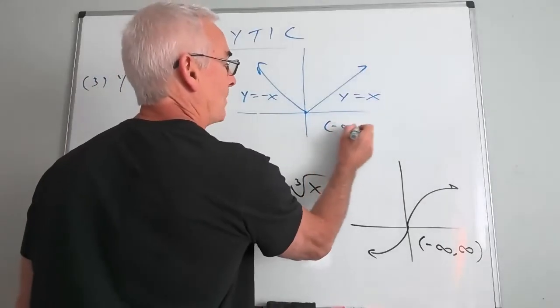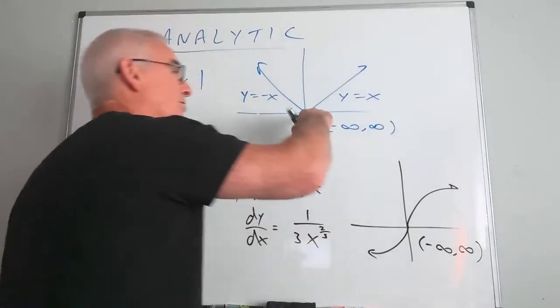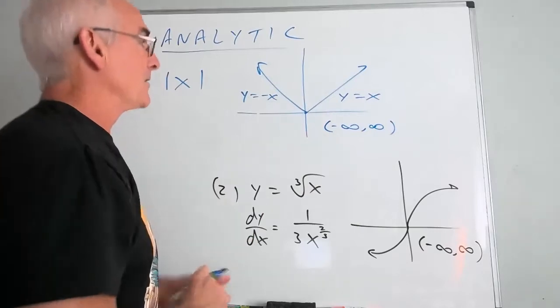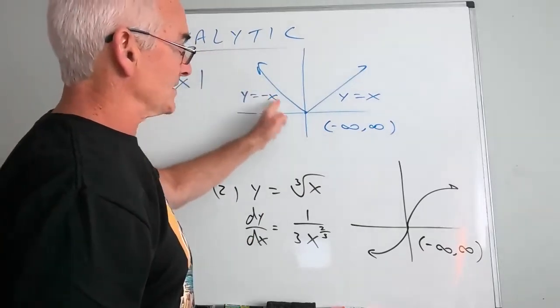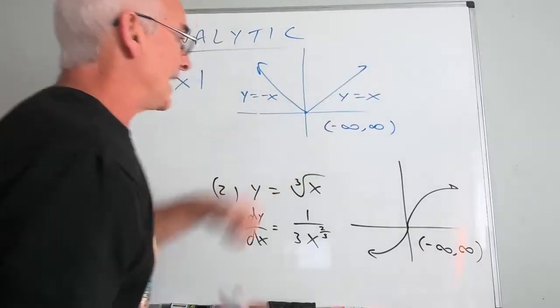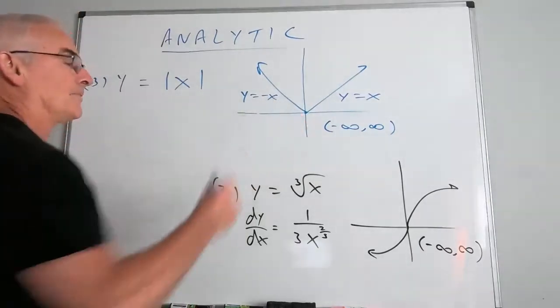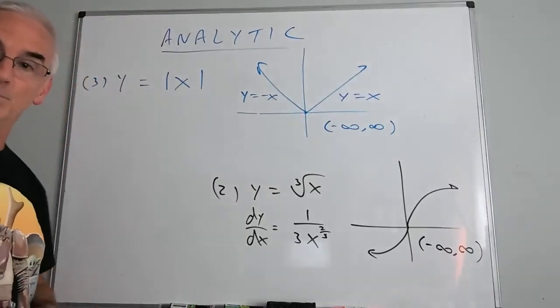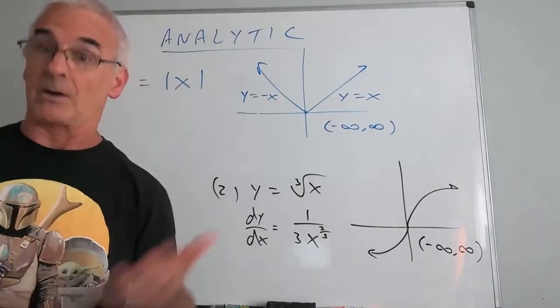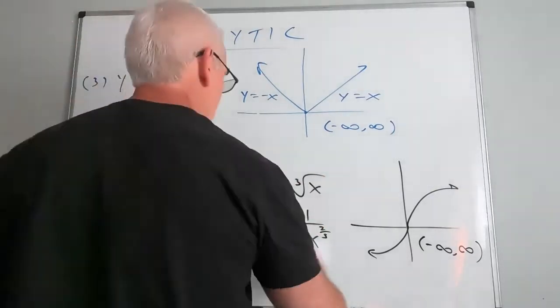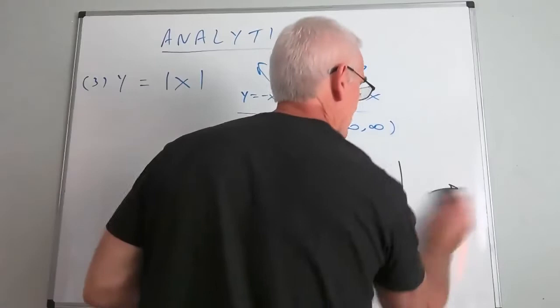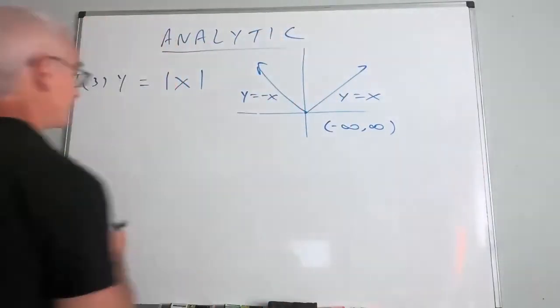So once again, the domain is all real numbers, but no derivative exists at 0 because from one direction, the derivative is -1, from the other is +1. And here we have what's called a corner. That's the third type of non-differentiable point. You notice I am continuous there, but I cannot take a derivative there. And the fourth and last, probably the most interesting of all of them,